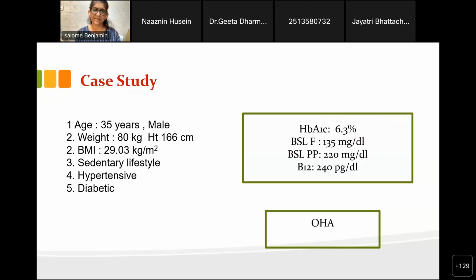Yes, Geeta, you are right. So at this young age, we would also like to look at the cause of the diabetes here. Yes, he is an obese patient. So when we do the screening, that will tell us about the